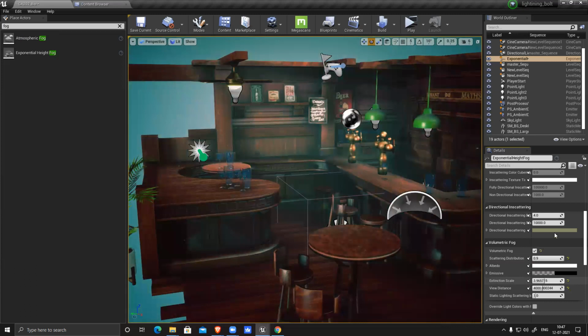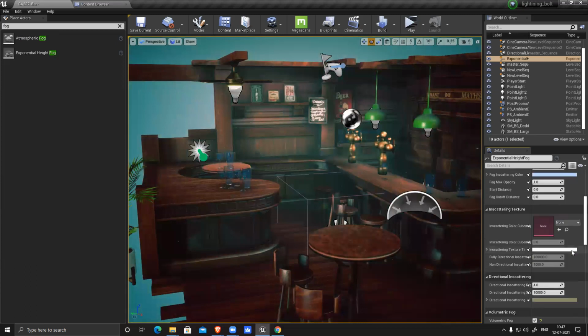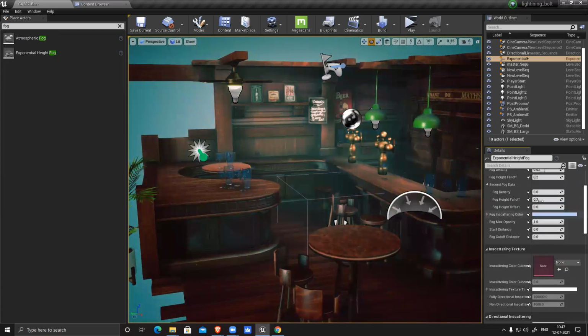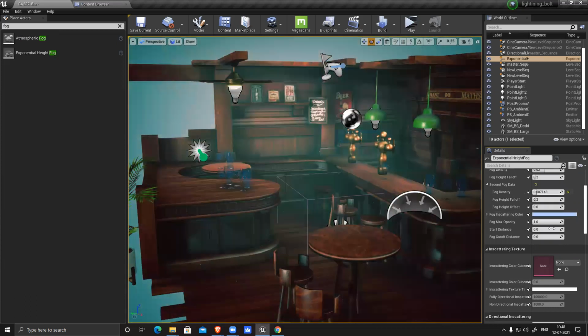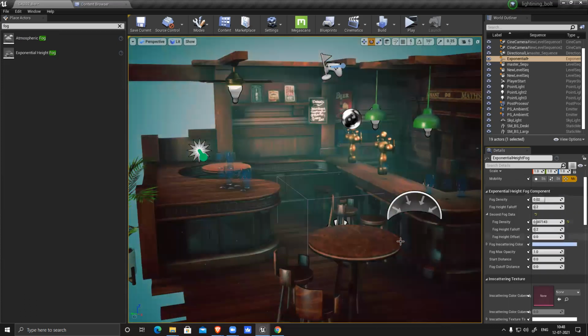I can increase, decrease, I can change the color. Fog density can increase, decrease. So all these things I can modify.